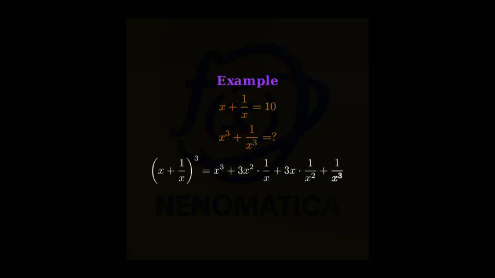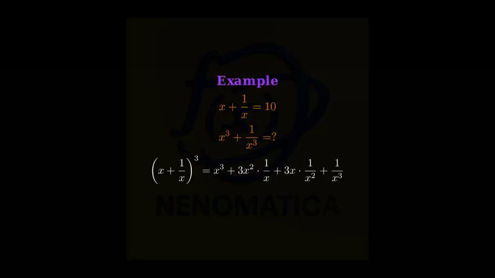Let's start by understanding our problem. We are given that x plus 1 over x equals 10, and we need to find x cubed plus 1 over x cubed. To solve this problem, we need to use the cubic binomial expansion formula. This formula states that when we expand the cube of a binomial, such as x plus 1 over x all cubed,